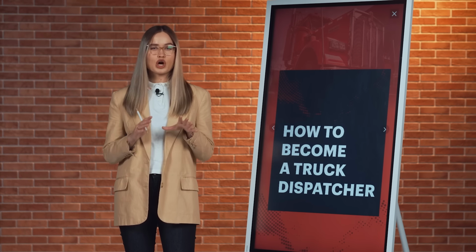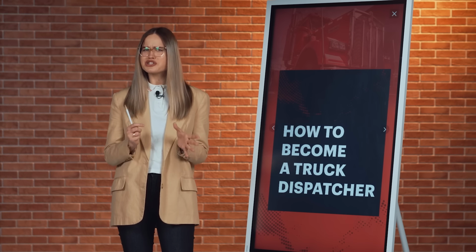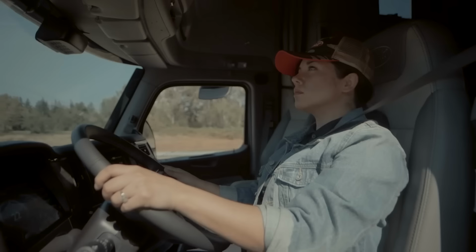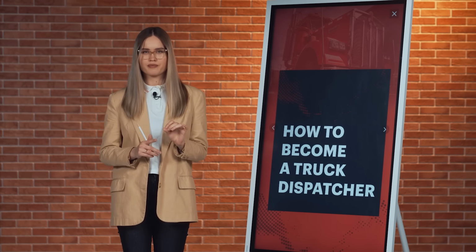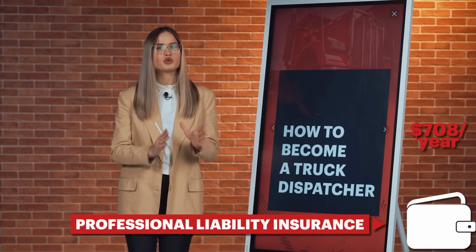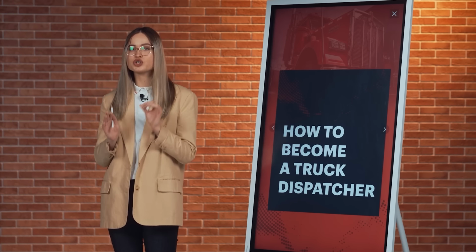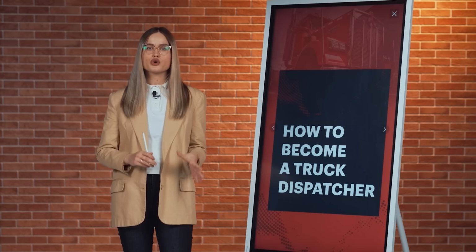The next important thing to talk about is taxes and insurance. And I'd say that dispatching companies got lucky on this one. As an independent truck dispatcher who does not own any trucks, you may not be required to have any mandatory insurance. But there are some types of insurance that you might want to consider, like professional liability insurance, which protects you in case you are found responsible for damages caused by a truck driver you have contracted with, and it is about $708 per year, plus the workers' compensation insurance if you have employees, which will cost you on average about